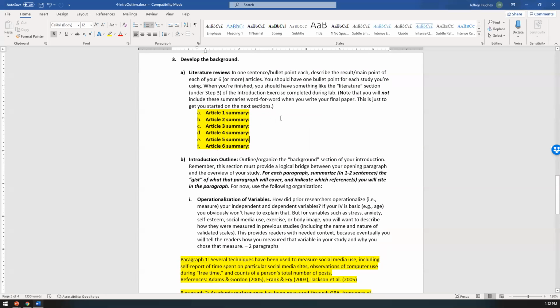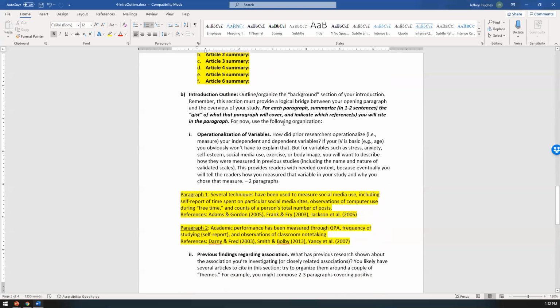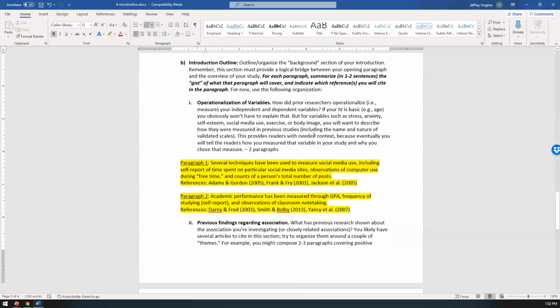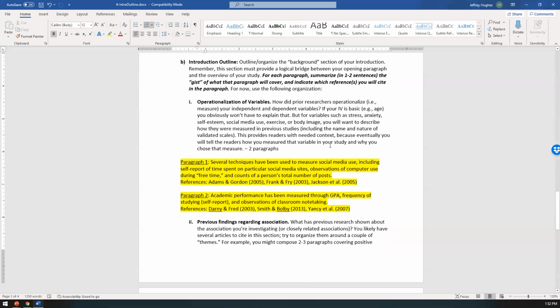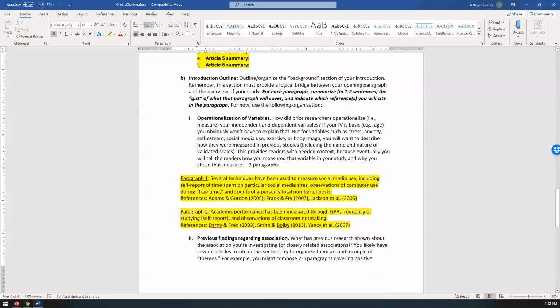And then, okay, so that's 3A. So just 1 sentence about the main point of each study. Then 3B, I want you to start to organize it, but we give you how you should organize it. So for each paragraph, I just want you to summarize in 1 to 2 sentences the gist of what that paragraph will be in your final paper. So for right now, just use the following organization. So for 3B1, I guess, for the first part of 3B, we're going to want you to talk about